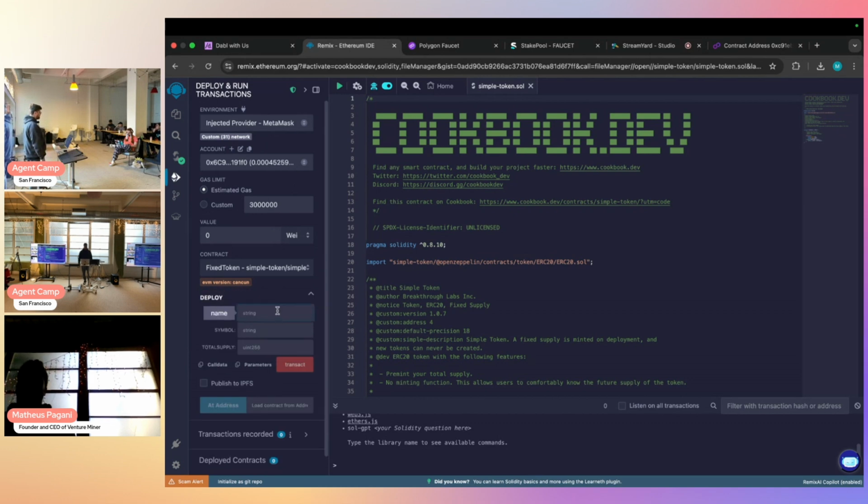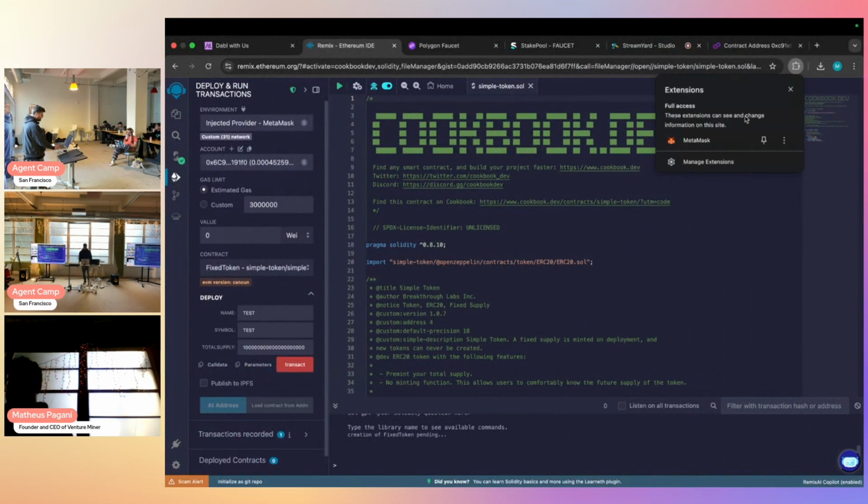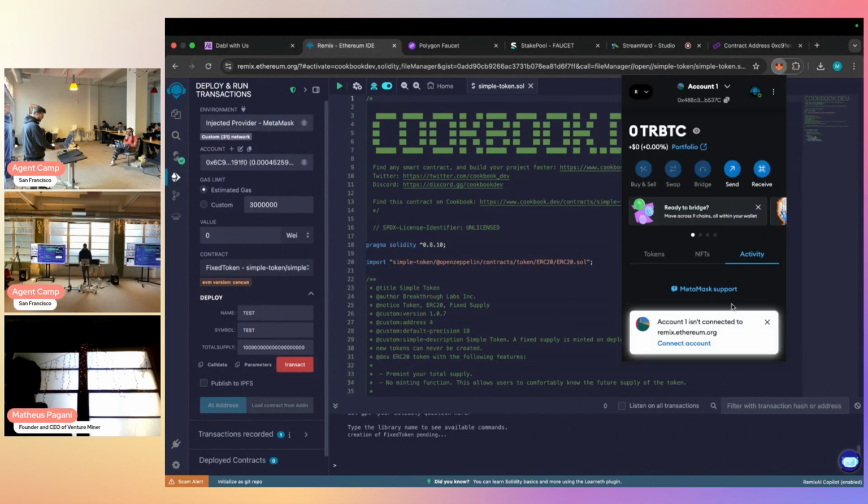Basically, we do the same thing as what we did in the playground, and we pass our arguments, so we can name the token test again, make the symbol test again, and then for the supply we'll do 1,000 plus 18 zeros. Once we select transact, we go ahead and pay our gas fee again, and then just like our playground deployment,